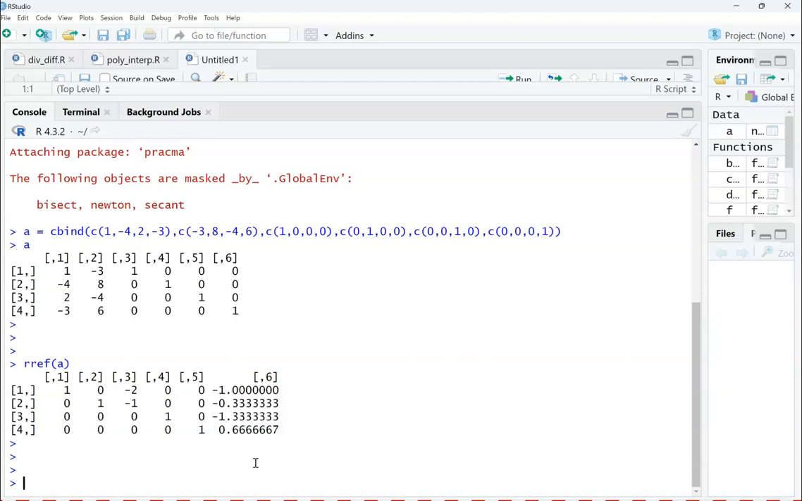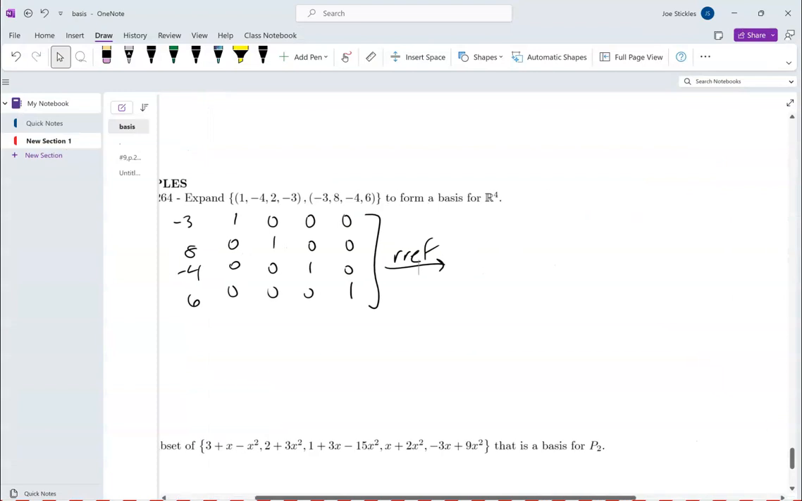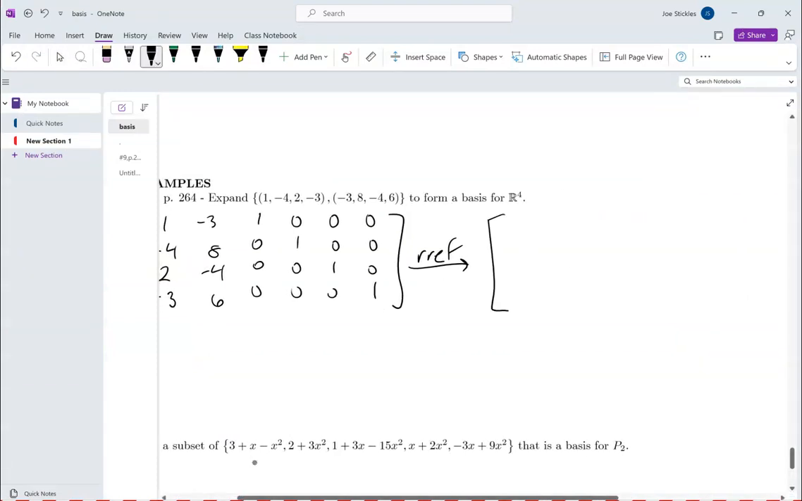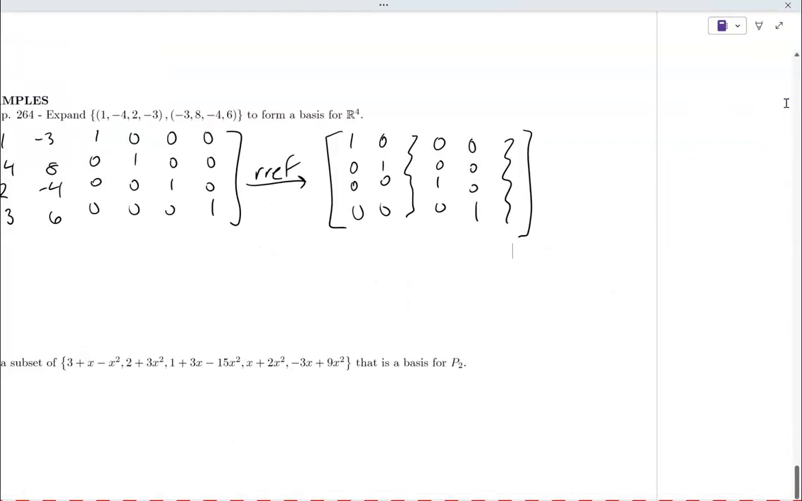So going back over here, I don't remember what we had. We had 1, 0, 0, 0, 0, 1, 0, 0. Some other stuff here that wasn't a pivot, right? 0, 0, 1, 0, 0, 0, 0, 1, and then some stuff here that wasn't a pivot, right? So our basis for R4 here then